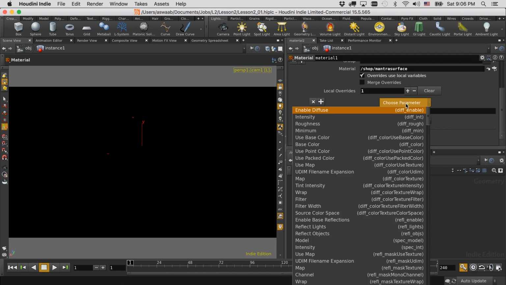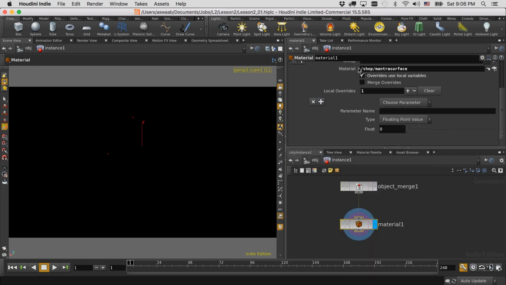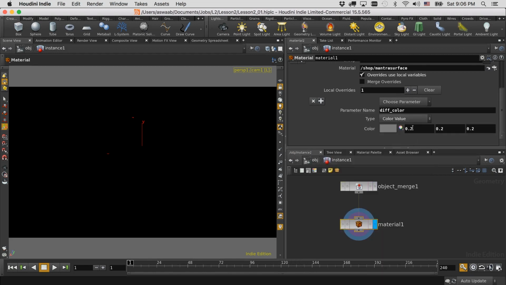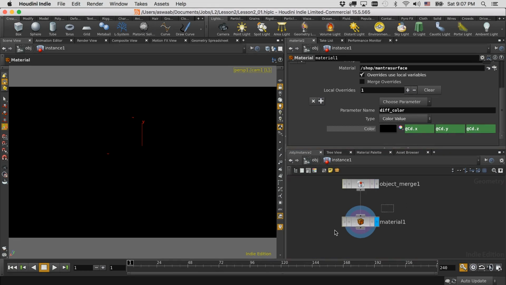So here, if I choose parameter, it's going to be looking at our material here and see what parameters are actually available, and then choose what we can override. So for now, we're going to override the base color information. So currently that color is set to a middle gray. But if we set this to attribute cd.x, just copying that and setting this to our y value here, and setting this to our green value, so red, green, blue, x, y, z, we're actually going to override this